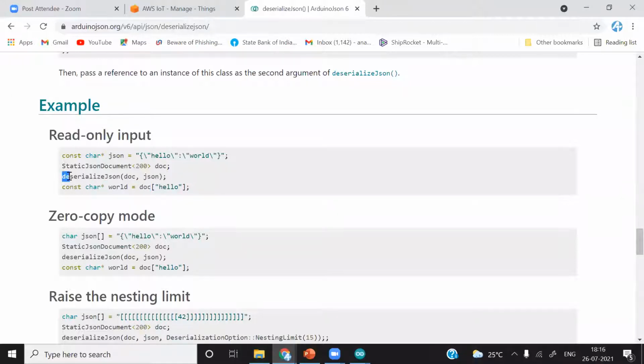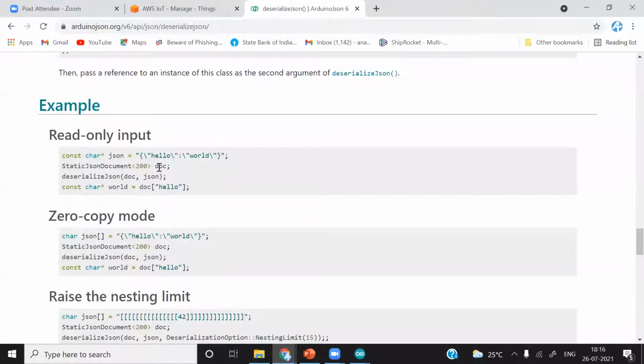We have to call this function first, deserializeJson. The first argument is the doc, which we have declared here, StaticJsonDocument 200. 200 is the capacity. You can learn about this capacity and other functions in the documentation of the JSON library.